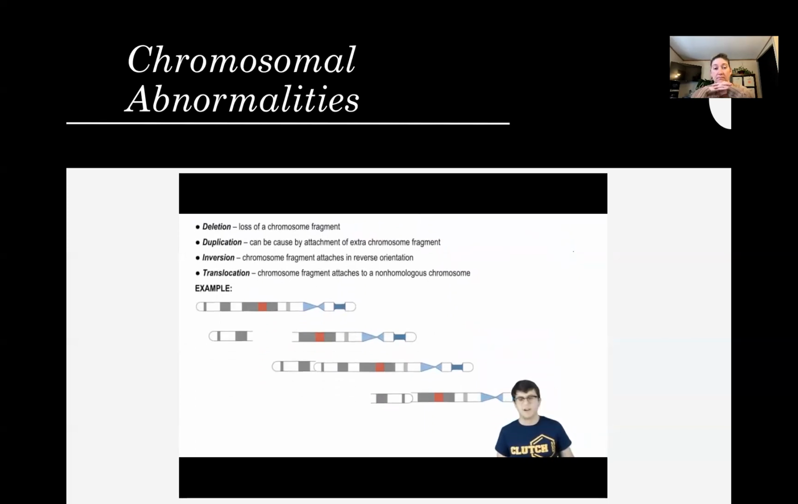Now, there are other types of abnormalities that can occur, and these come in the form of chromosome damage and botched repair. So here we have a normal chromosome, and sometimes what you can end up with is a deletion where part of that chromosome actually is deleted and removed, and then you have a truncated chromosome or a shortened chromosome that's missing a piece. You can also have duplications where an extra fragment of a chromosome will be duplicated and attached to